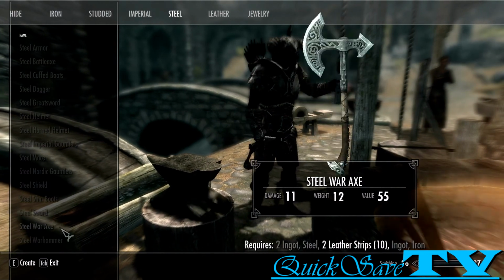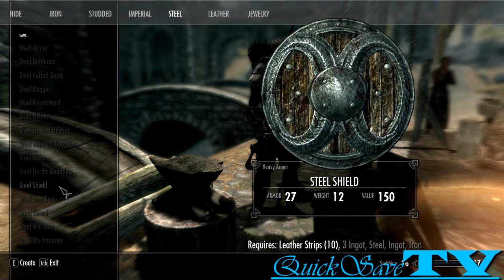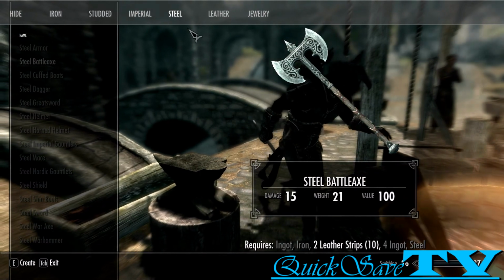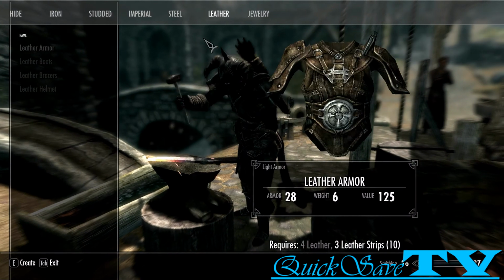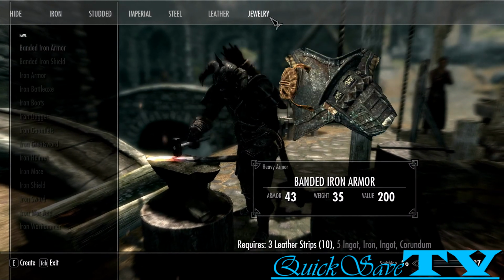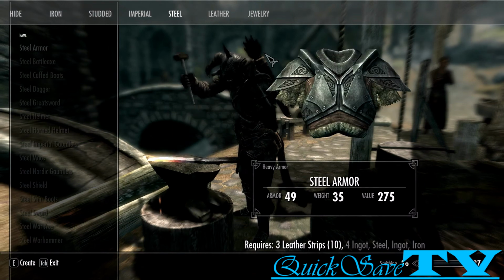Also, that's how it changes the crafting menu. It makes it much more visible. Almost all the items fit within one screen. But the problem with it again is the way it works. You have to move around with A, D, and as you uncover new schools of smithing, for example, or new